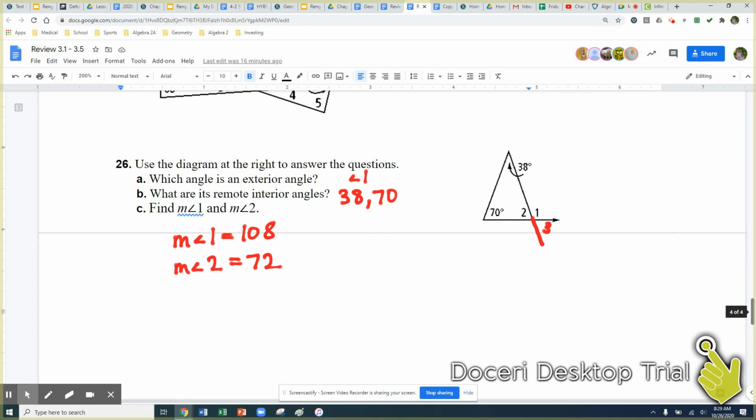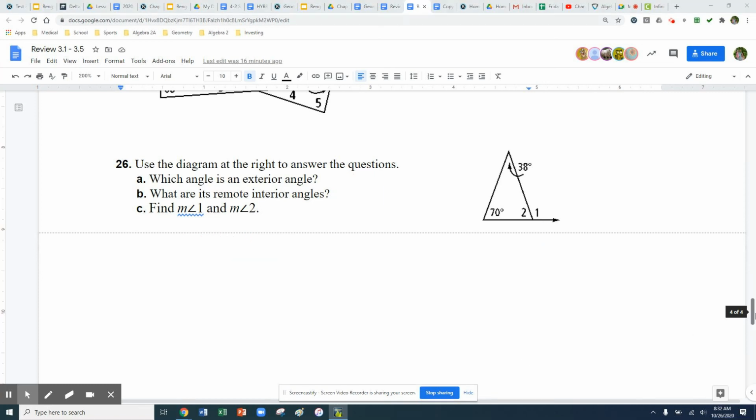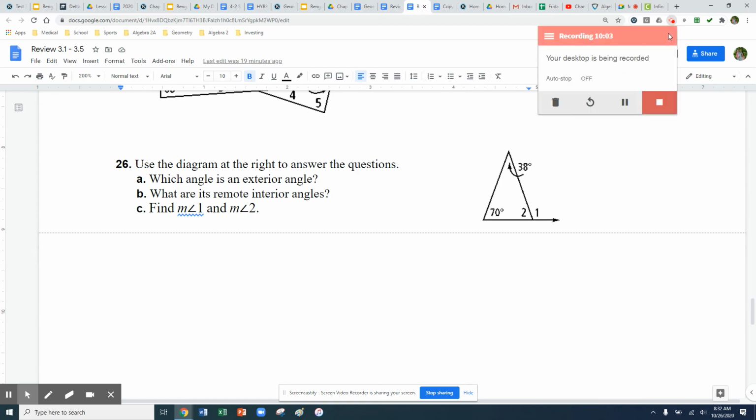Then that was just kind of reviewing 3-5 again. But today will be a work day on review. I'll come around to help out. Answer key should be uploaded into your folder so that you can check as you go. And then Mrs. Decker will be here on Wednesday to help out with the quiz. So when you get back, that's